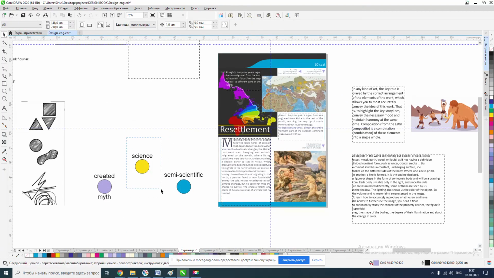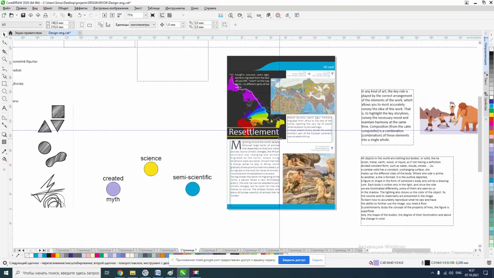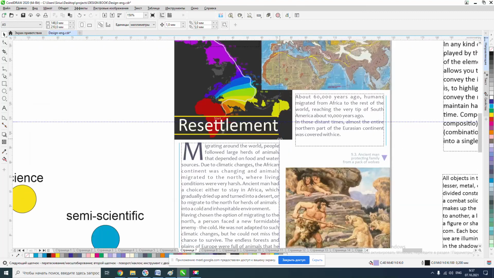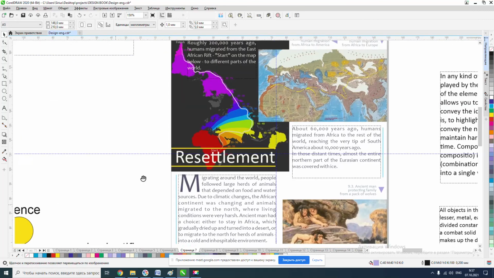I choose scientific. Again I said that it was not my choice. It is a choice of science, a choice of our government and the governments of 99% of the world. All science, all books and so on are from the scientific point of view. That's why we go this way.